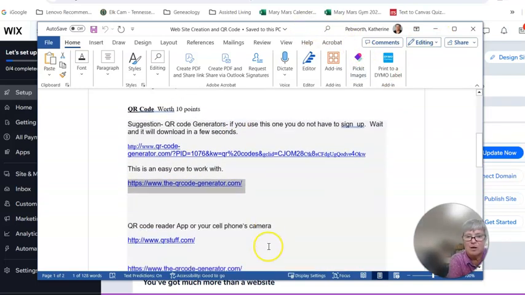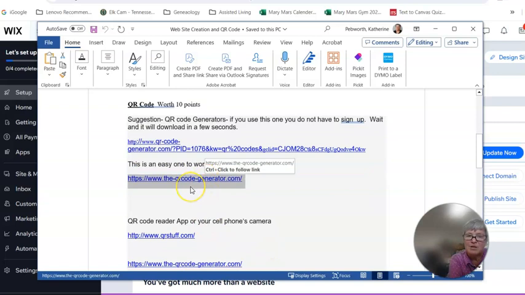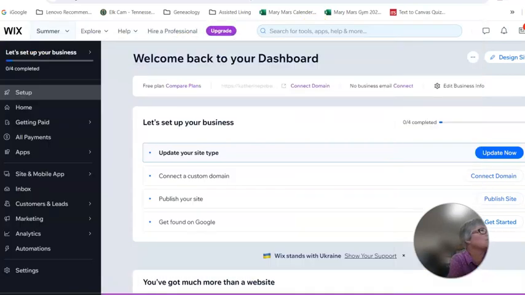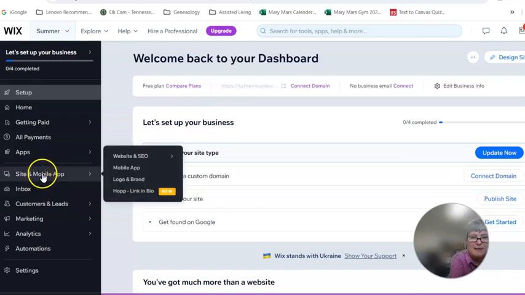Then you'll have a QR code. This QR code generator is one of the easiest. We don't want anything that costs you money. Same thing for Wix. Anything that says pay, don't pay. It is free. So easiest is here, site and mobile app,